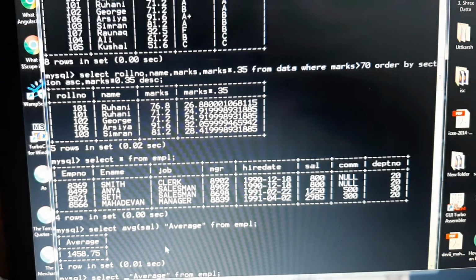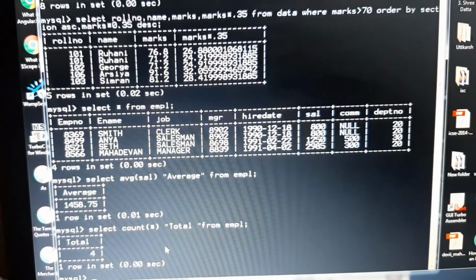So I'll write here select count star, and here a heading will be total from EMPL. So total records that I am getting here is 4.